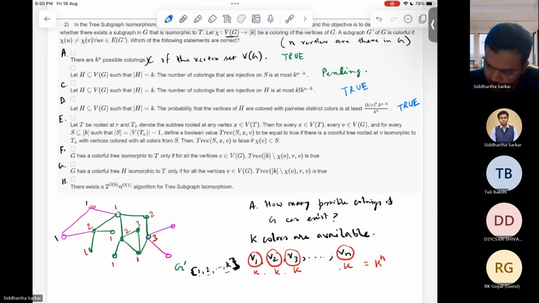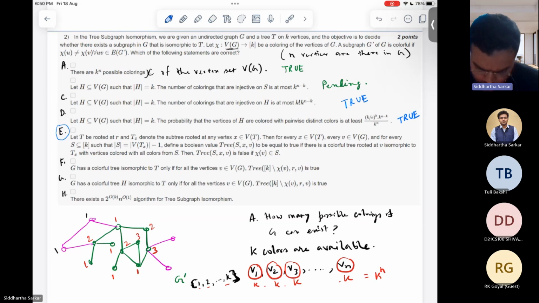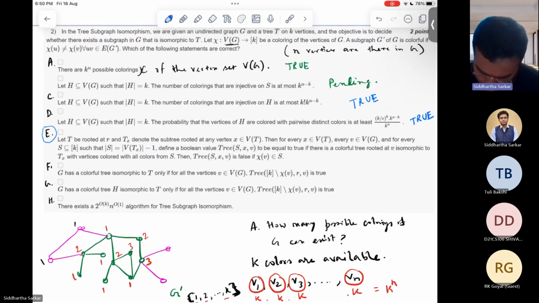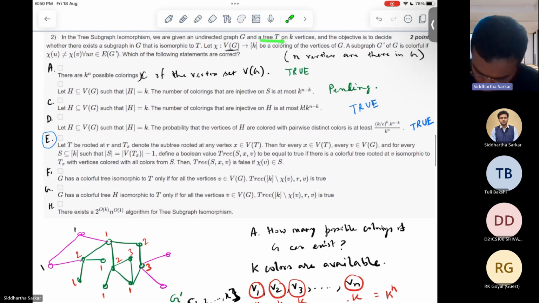Okay, so we are now looking at statement E. So now we are in the domain of the tree subgraph isomorphism problem. So let T be rooted at R. T is a tree, which is part of the input. So the input has a tree T on k vertices and an undirected graph on n vertices. Okay, so let T be rooted at R,